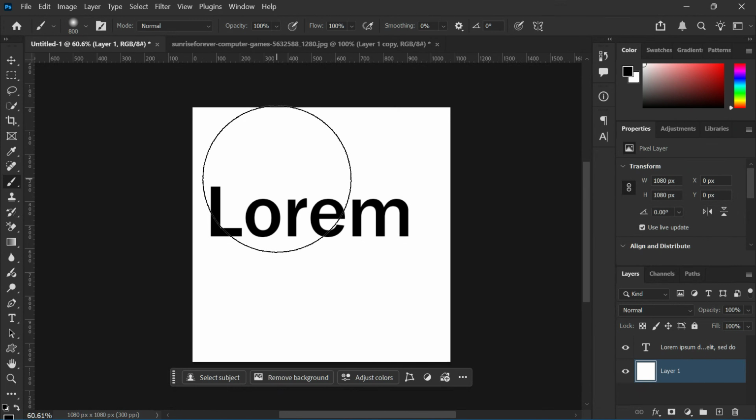two different methods. The first method is the fastest way, using the built-in drop shadow effect, which works great for text, icons, and simple graphics. The second method is a more realistic manual technique that photographers and designers use when editing product images or creating natural ground shadows. By the end of this video, you'll know both techniques, and you can choose the one that